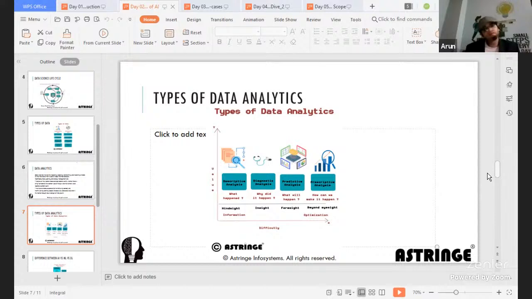That is where the future is heading, right? Based on your interaction with the model, it learns by itself and tries to optimize its model and give better recommendations or prescriptions for you to take a decision. That is where prescriptive analytics is headed, and that is where most of the future business aspect is going to be.